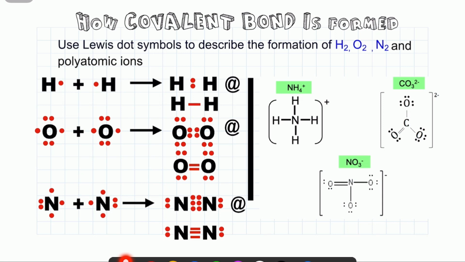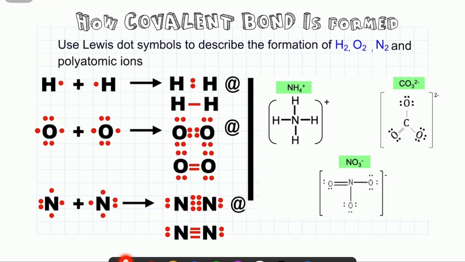For example, NH4+ has nitrogen and hydrogen. Same for the carbonate ion, which has carbon and oxygen, and also the nitrate ion, which has nitrogen and oxygen. So this is an example of the covalent bond in the polyatomic ions, between nitrogen and hydrogen, carbon and oxygen, and nitrogen and oxygen. If you check the octet